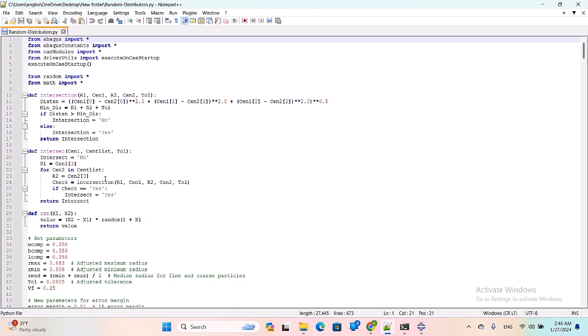So for cen2, R2 is cen2[3]. So we check intersection between particle 1 and particle 2. If check equals yes, there is an intersection between particle 1 and particle 2. So when we encounter intersection between particle 1 and particle 2, we eliminate particle 2 and try to import another particle. If there is no intersection between particle 1 and particle 3, we import particle 3